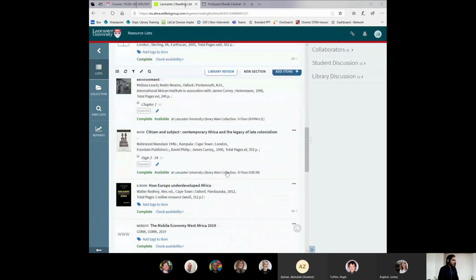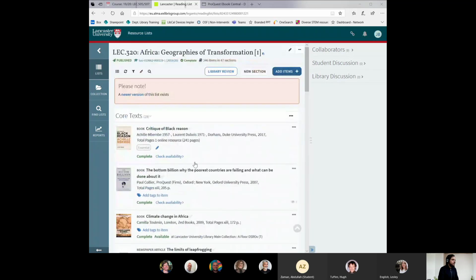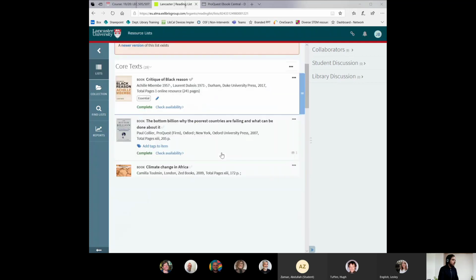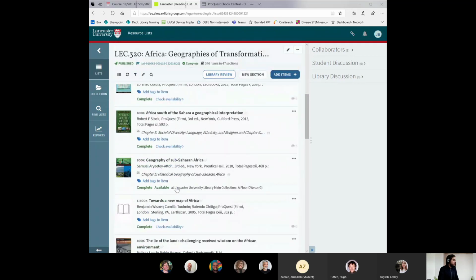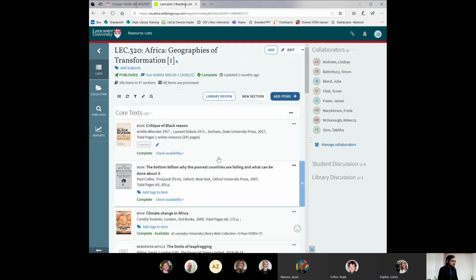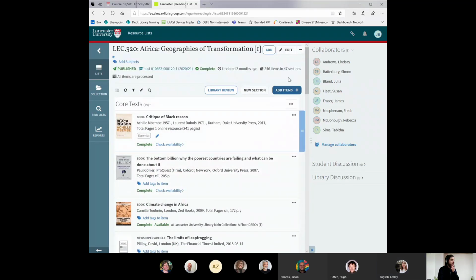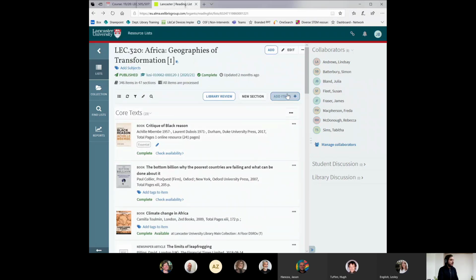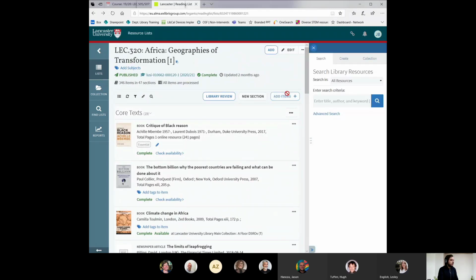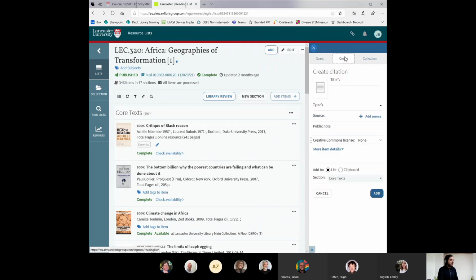As you'll see here, these ones have not yet, but this is a list which was before we actually needed to digitize absolutely everything. But what we would do, for instance, if we go and have a look at this one here. Okay, there we go, it's loaded up now. There's the add items button. That's the other key element you're probably going to want to use. So you can create items there and just fill these out. I just ask that if you do use that button, make sure it's fully filled out because it helps the students to have better references. And then you can add them.